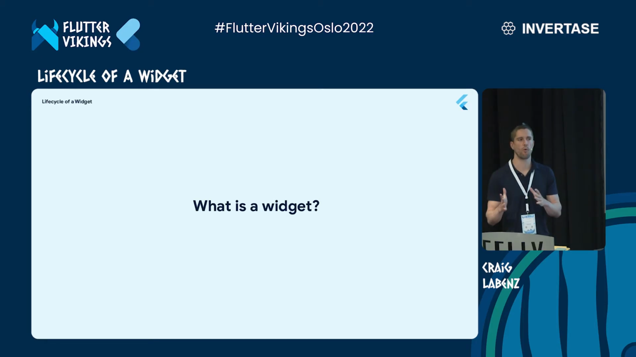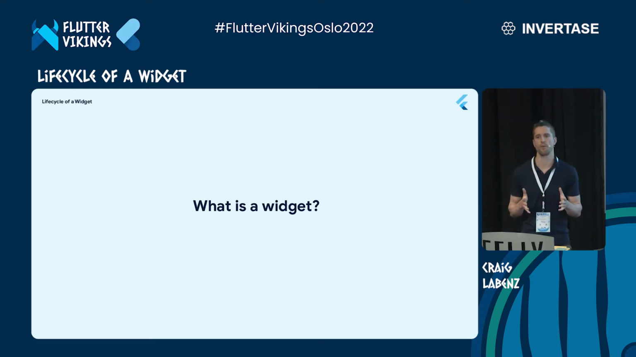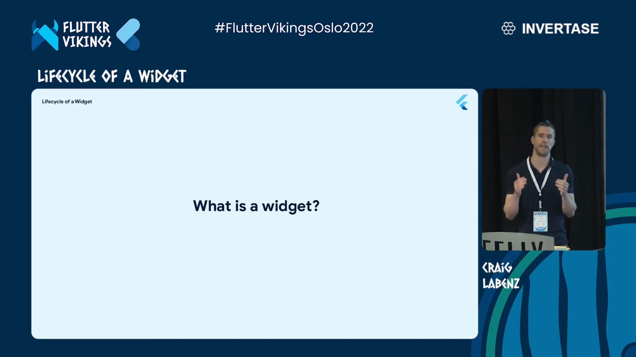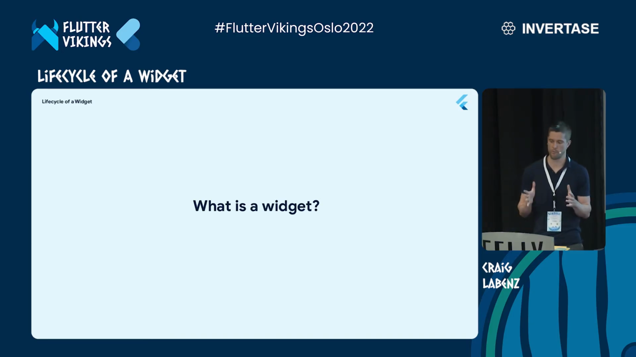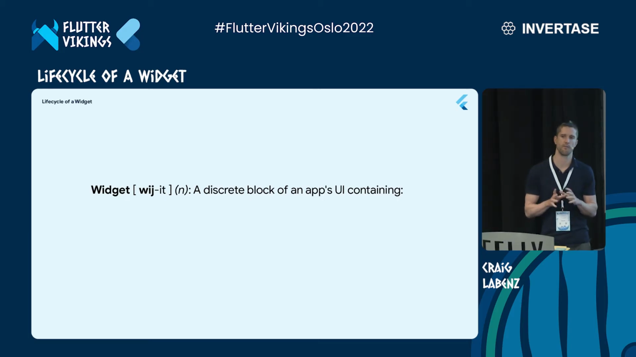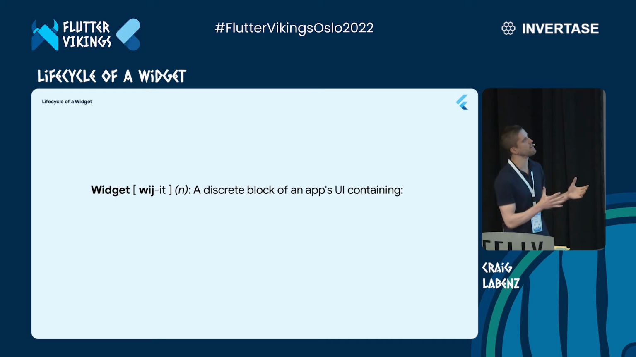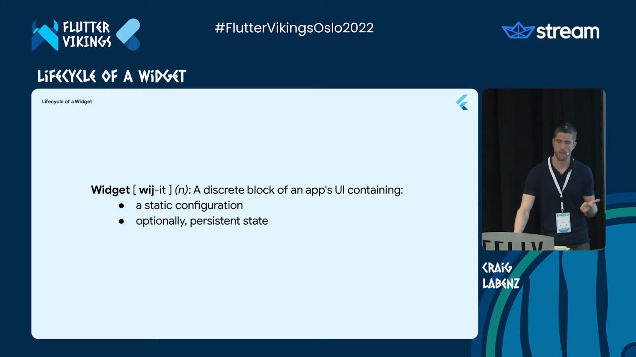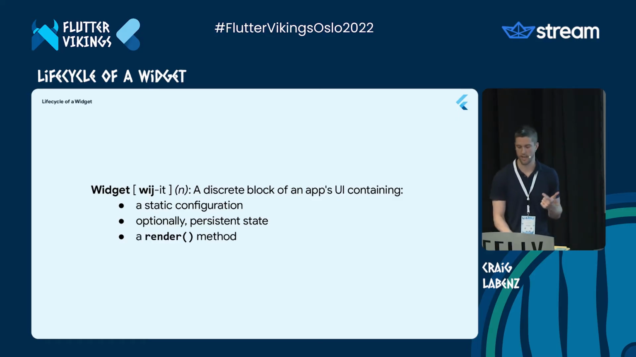Well, if we get a little bit more flexible with the definition of the word widget, then the cute phrase can kind of more or less become true again. If we think of them as a discrete chunk of our UI with layered subcomponents, then we'll be pretty close. So Greg Spencer from the Flutter engineering team proposed the following definition for this conceptual widget idea. He said, it's a discrete block of an app's UI containing a static configuration, optionally some persistent state, and lastly,